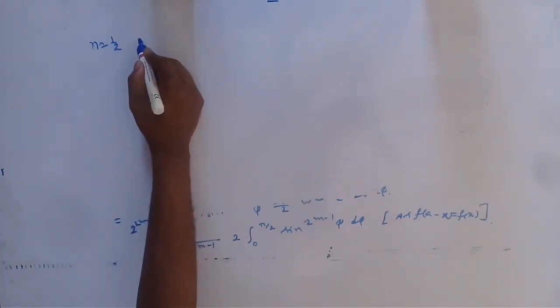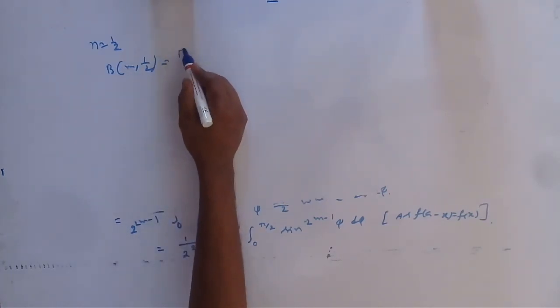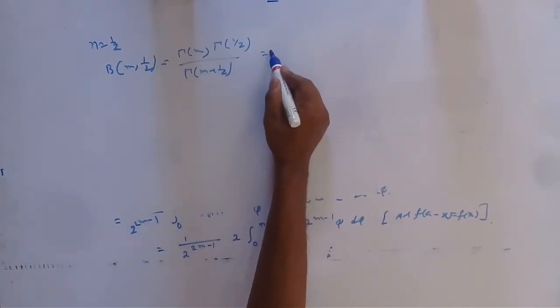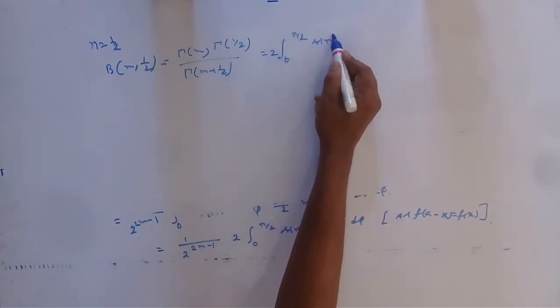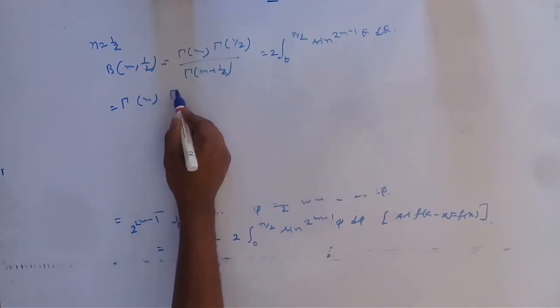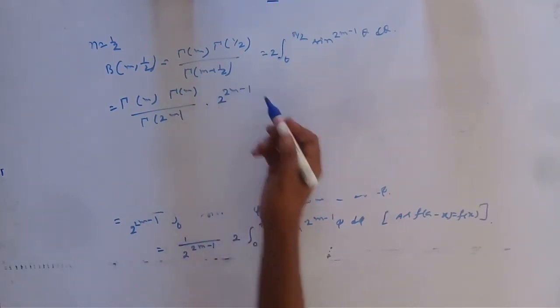Okay. Next, we put n equal to half, then we get beta(m, half) equal to gamma m gamma half by gamma of (m plus half) equal to 2 into integration 0 to pi by 2 sin to the power 2m minus 1 theta d theta, that will be equal to gamma m by gamma 2m into 2 to the power 2m minus 1, using the previous equation, using this. Okay. So gamma m gamma half